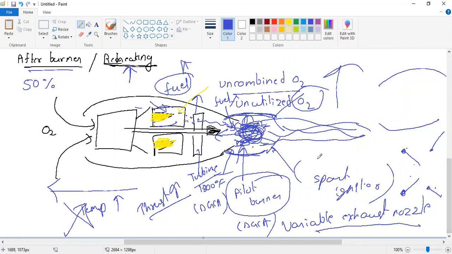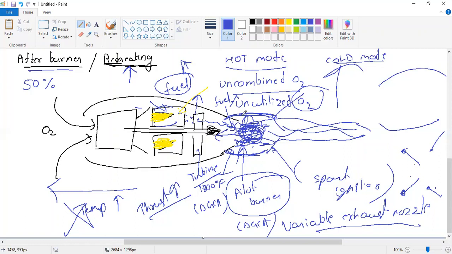The last thing you need to understand about the afterburner is that it has two modes of operation: the hot mode and the cold mode. The name itself suggests, hot mode is when the afterburner is switched on, that means I am burning air and fuel over here. Cold mode is when the afterburner is not switched on. For example, let us say an Indian fighter aircraft goes into enemy territory and destroys the enemy target. When they come back into Indian territory, will they still require to run? No, because even if the enemy aircraft tries to come inside Indian territory, we have a rocket launcher in India which we can launch and hit the target.